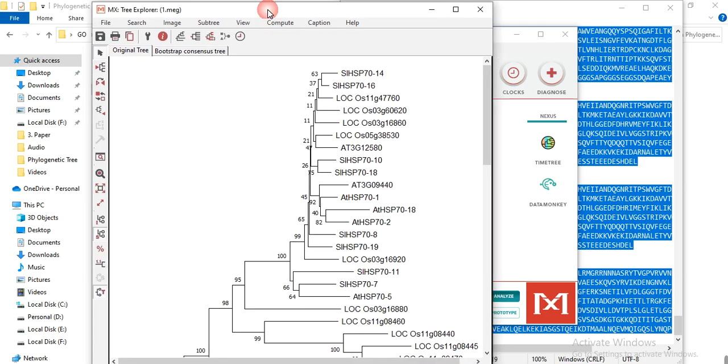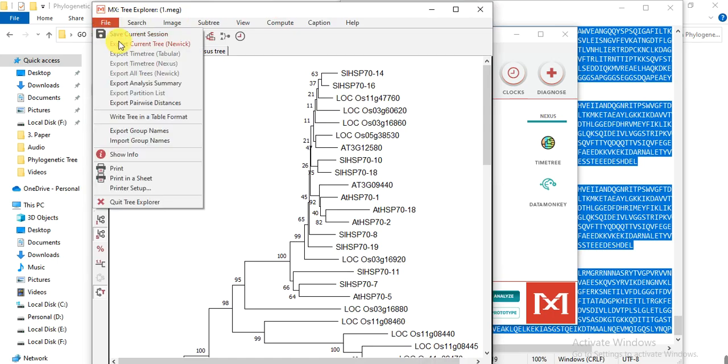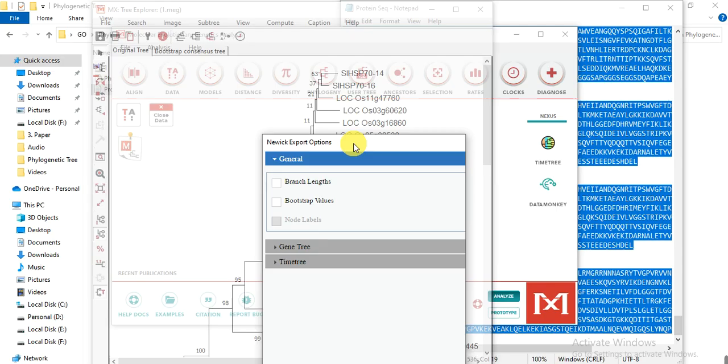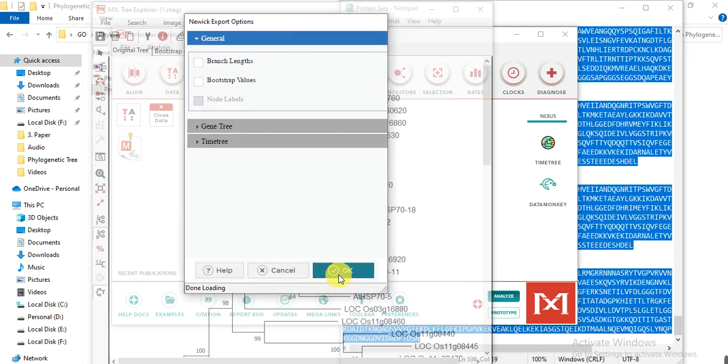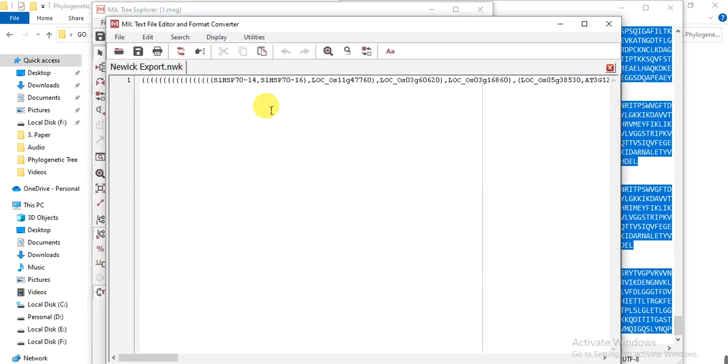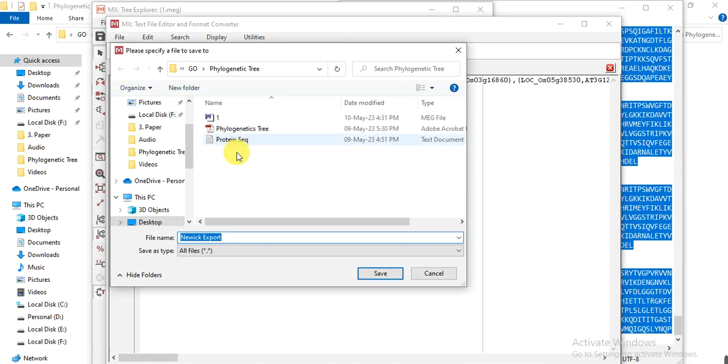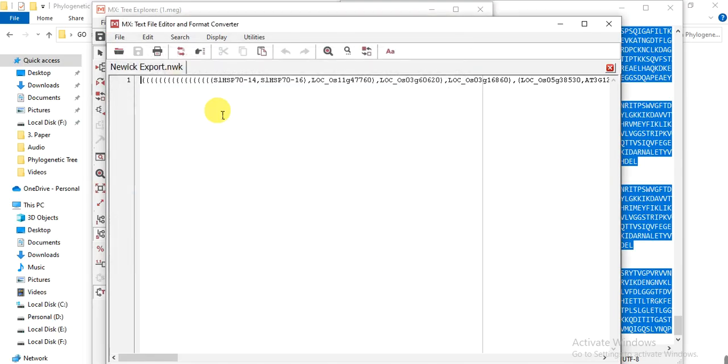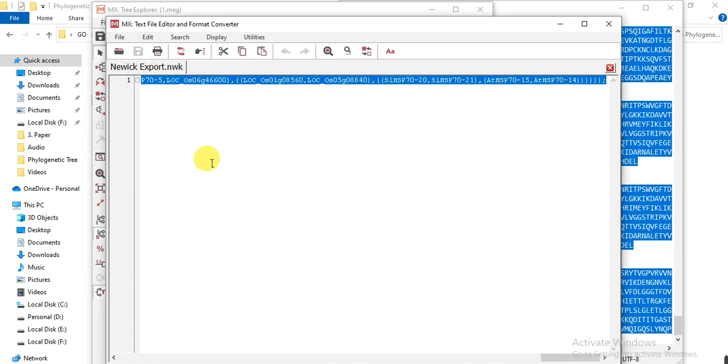So here is our phylogenetic tree. Now you need to go to file, and here export current tree Newick, click on it, and then OK. So here we have got our Newick tree. There are two methods: one is you can save it into your destination folder, or the other method is here, place the cursor here, click on it, and then Control A or select all,